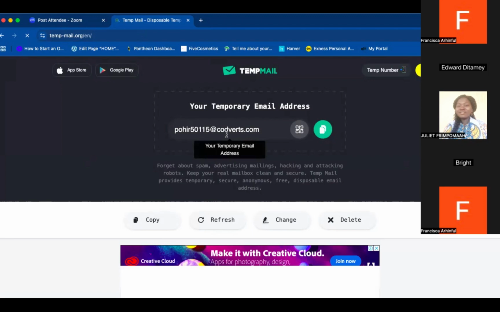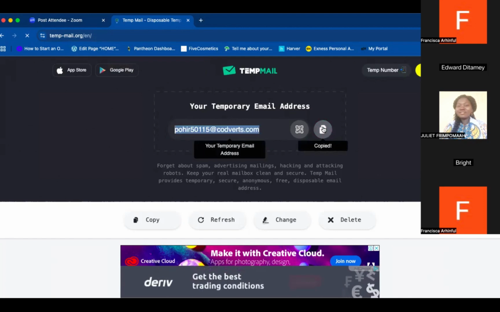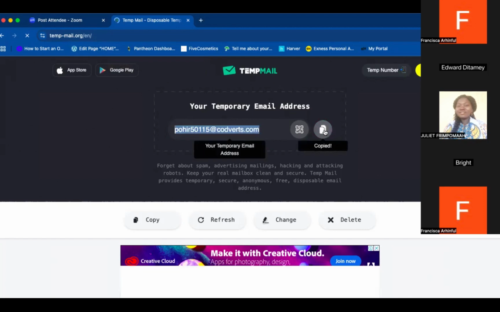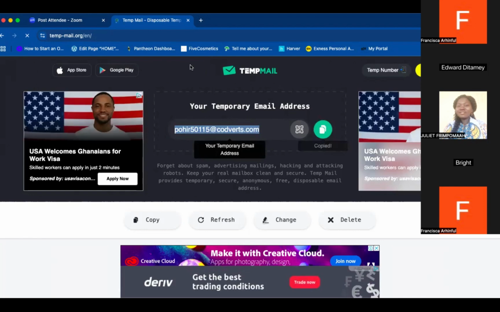But if you have a valid email account, I will recommend that you use that to log into your main Canva account, because you'll be using your account over and over again, right? But I'm logging in with this one because I want to use it for the demo class. So I'll just go ahead and copy. Yeah. Okay. So after I've copied,